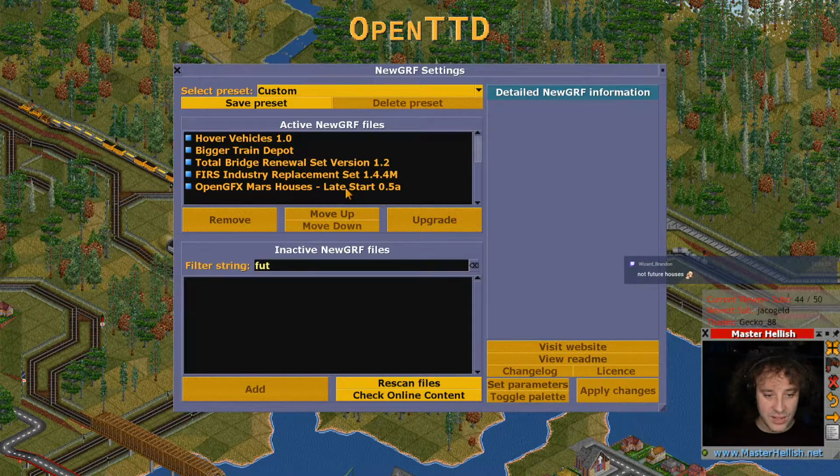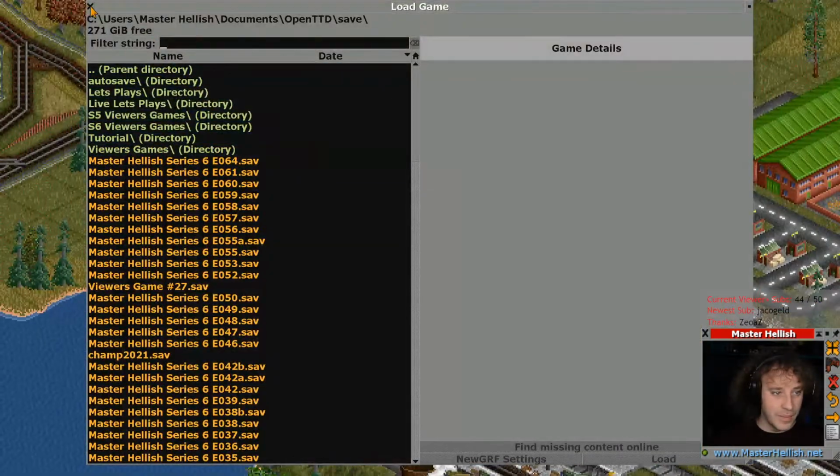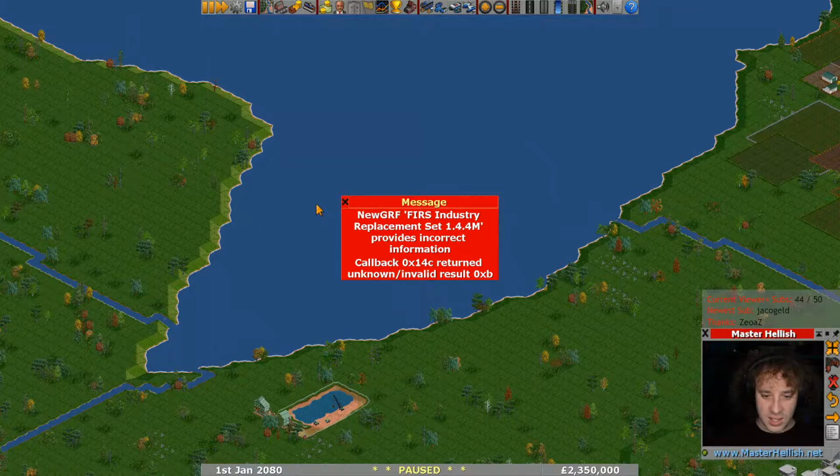Yeah, not future houses, but it is future houses. So, not load game. New game. What are we looking at the time? Time's good. So if I generate this...